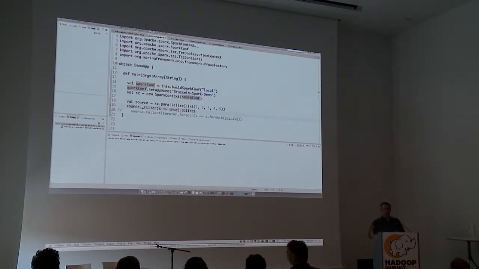So filter will return a new instance of a different RDD, right? So if I were to somehow create a new RDD where I define a method called collect into iterator, then this method would no longer be visible, because it would be a new RDD, which is not what my source was.